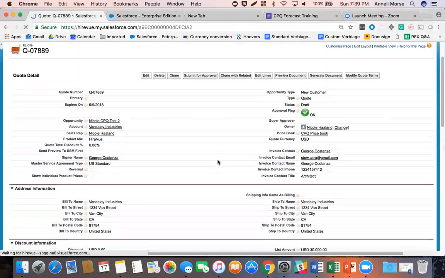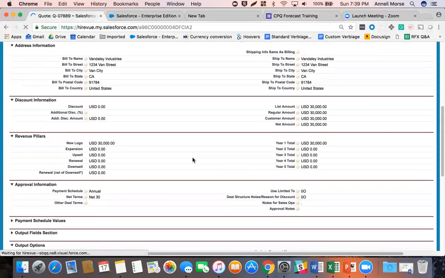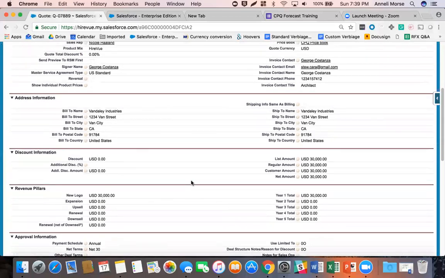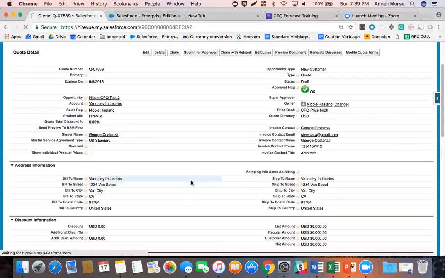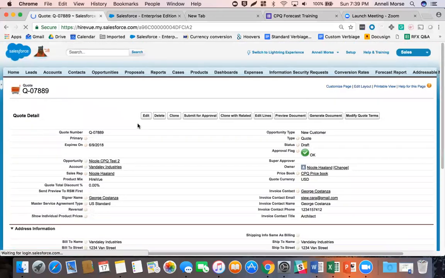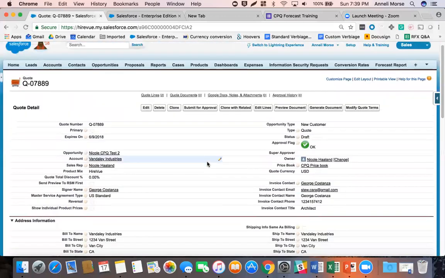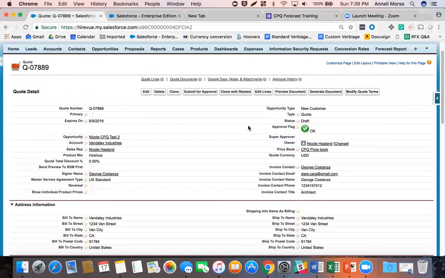It'll also bring over all of the revenue pillars if there have been updated revenue pillars, which is really important on a quote and one of the key reasons that you clone instead of starting over. So this is the cloned quote. It's brand new. As you can see, it pulled over all of the information already. And all we need to do now